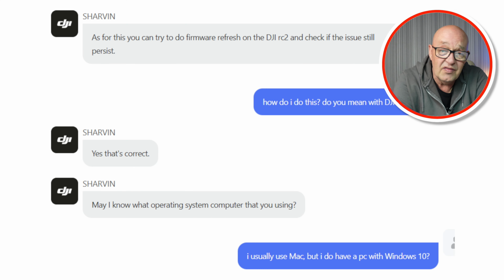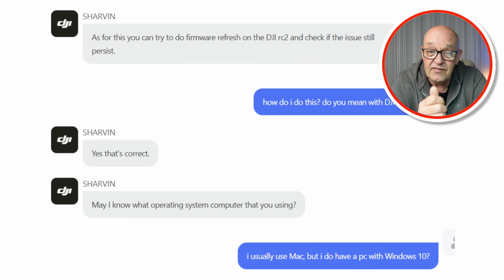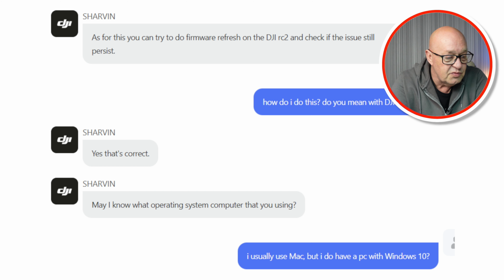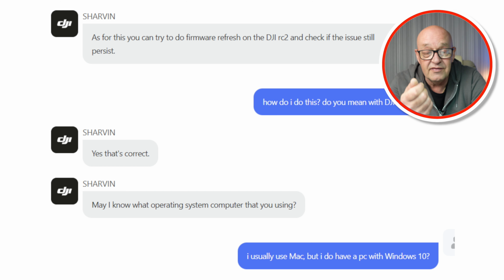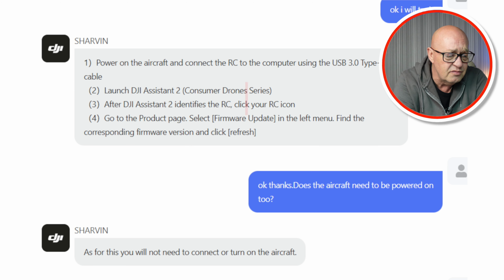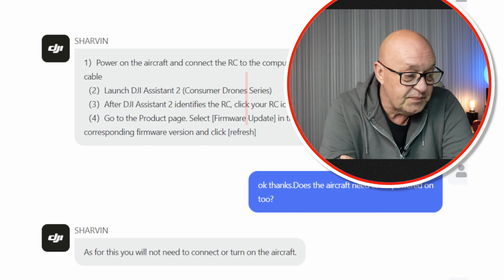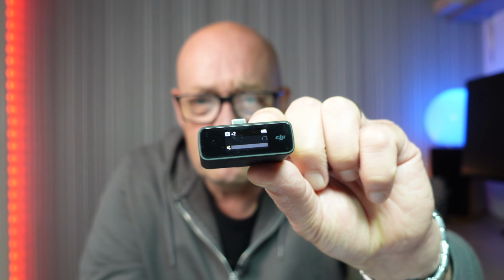So what they decided to do first, as you can see on this next screen, this is what they first told me to do, which was to try and reflash the firmware with the DJI Assistant 2 for consumer drones, which I did, and it still happened. So then they were going to ask me to try and update the DJI mic, or should I say try